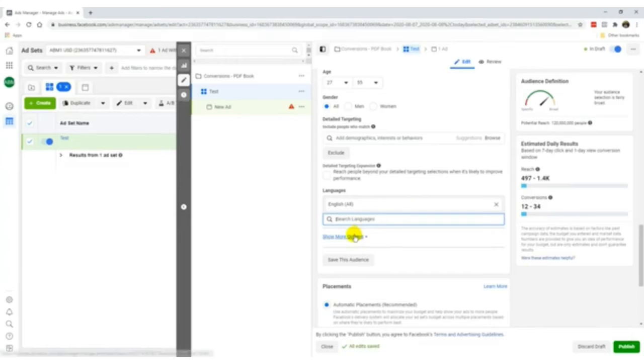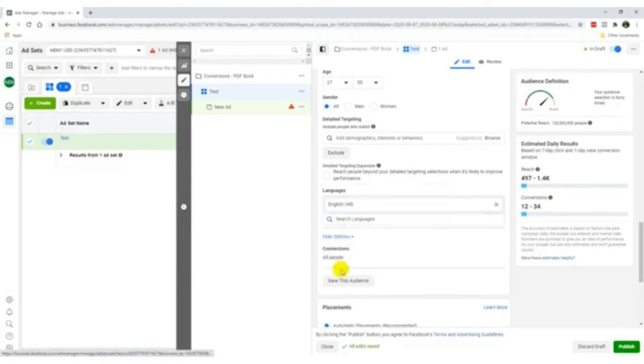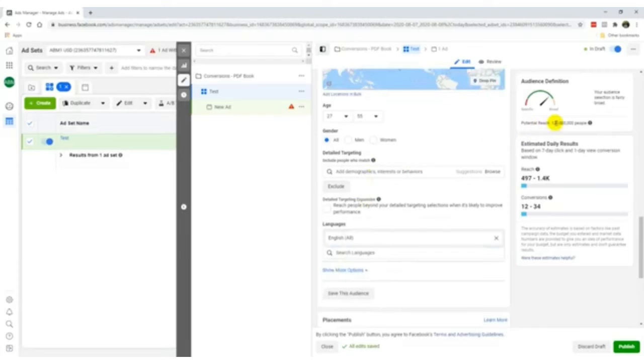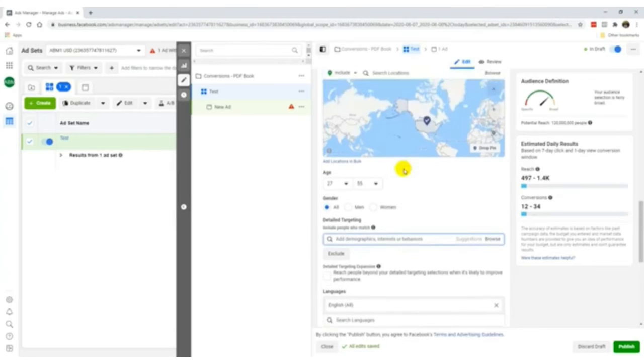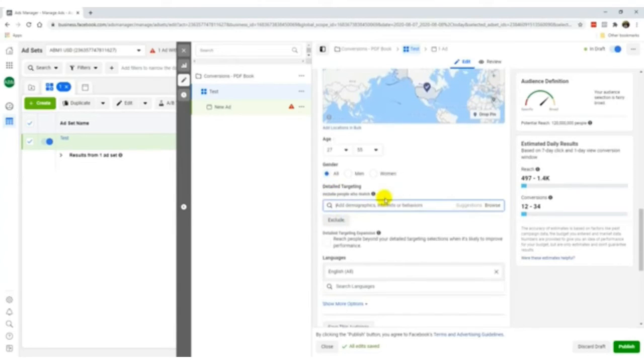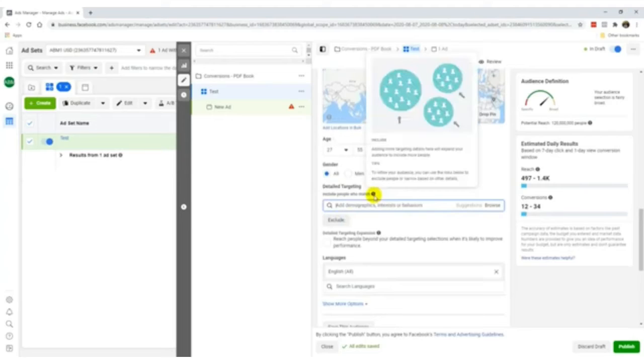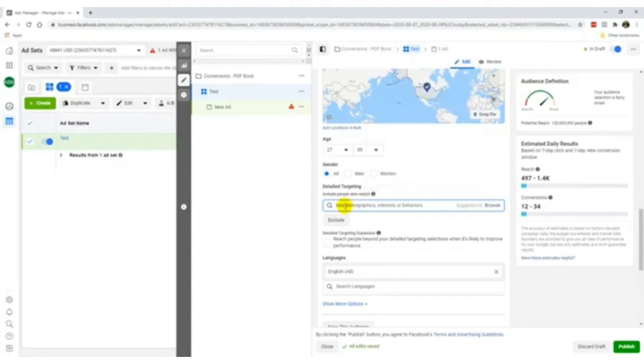Okay. Now, with that said, let's just go show more options. All right, there's nothing really to look at. And with that said, we have a potential reach of 120 million people, which is still rather huge. So this is where detailed targeting comes in. To put it in very simple terms, we're going to type in the interest of the people that are interested in that particular topic or field, based on what Facebook thinks. Facebook is a rather smart learning machine, and it tracks people's behavior, and we're going to maximize our chances of reaching those people that might be interested in your